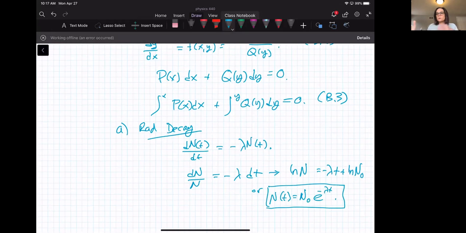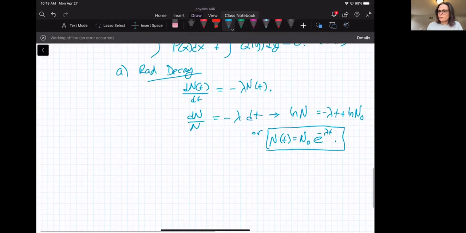And again, we could do the usual. We could check to make sure that lambda has the right units, should have inverse time. We could write this as 1 over a half-life, or 1 over an e-folding time. And we could check the limiting behavior. But again, this isn't anything new. The other example